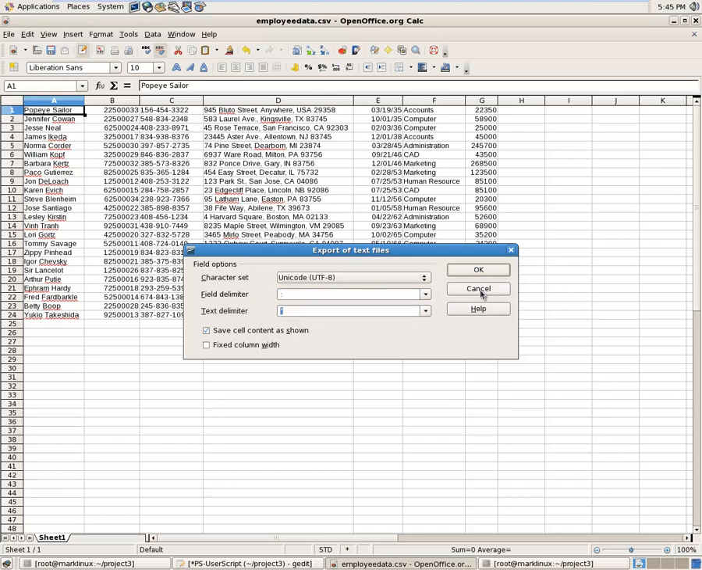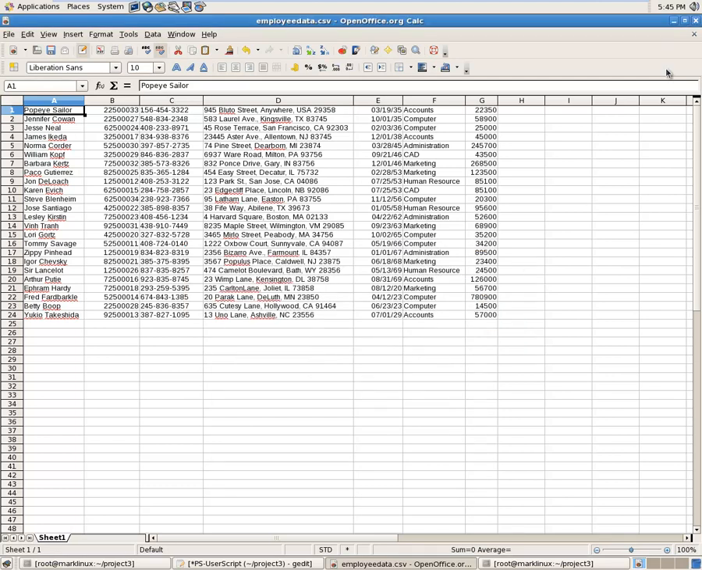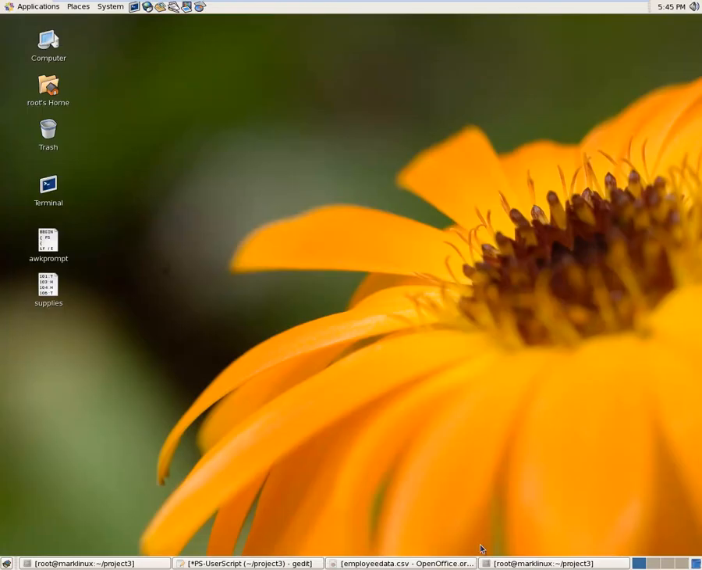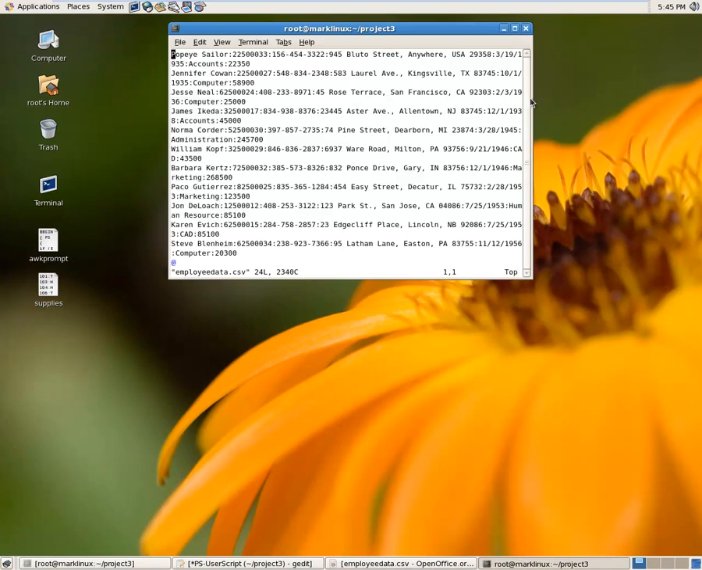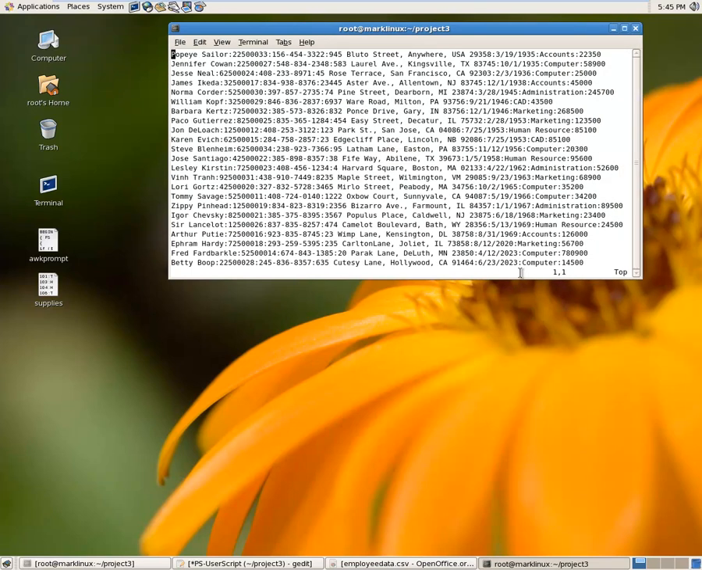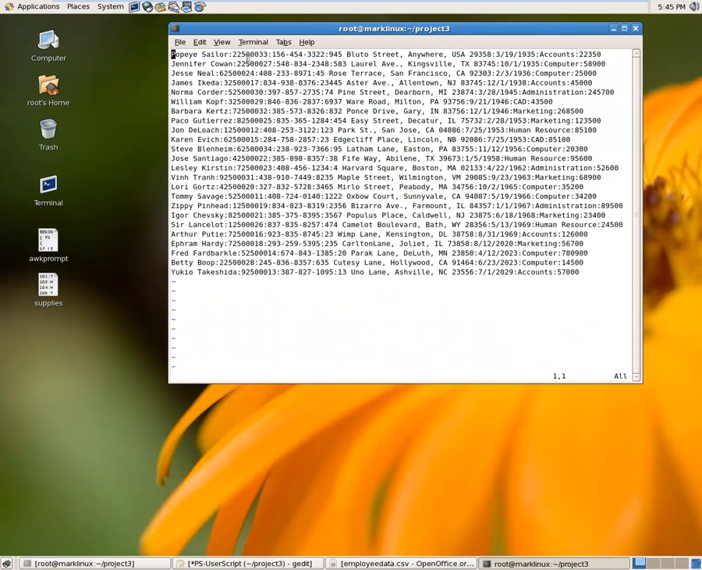So anyway, if we go ahead and save that, I won't save it right now, but I'll just show you. Go ahead and save that. If we vim the employee data, you'll see how it comes out as a colon delimited field here with all those different things,